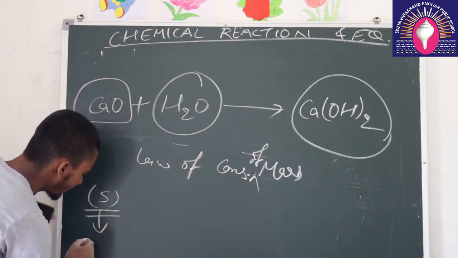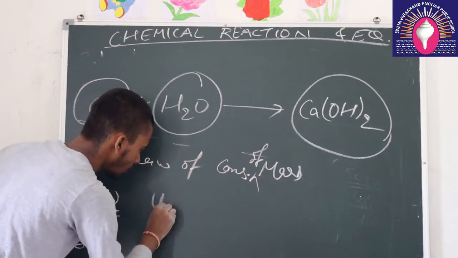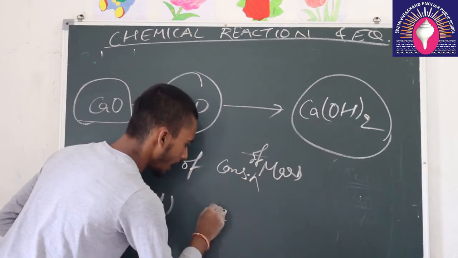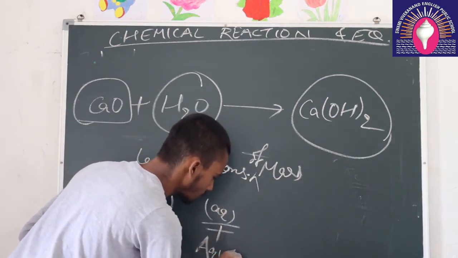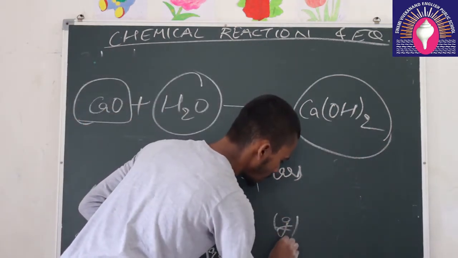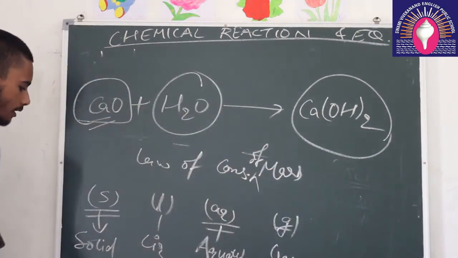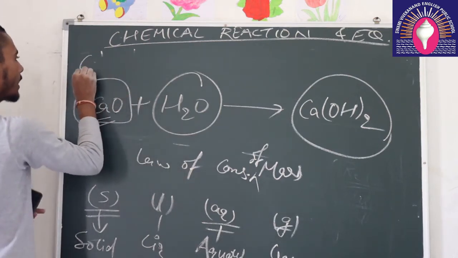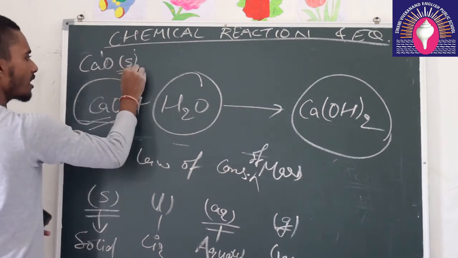S is written for solid, L is written for liquid, AQ is written for aqueous, G is written for gas. Here calcium oxide is reacted in solid form, so we will write CaO, we will write (s) in brackets,